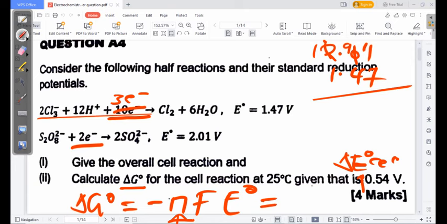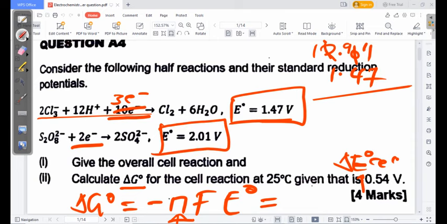But the standard cell potential is not affected by what you multiply the equation with. That's very important. Okay, don't mix up the data. So here, whatever we multiply the entire equation by doesn't affect the standard cell potentials. Very important. So we have 10. Faraday's constant is always given in the paper,